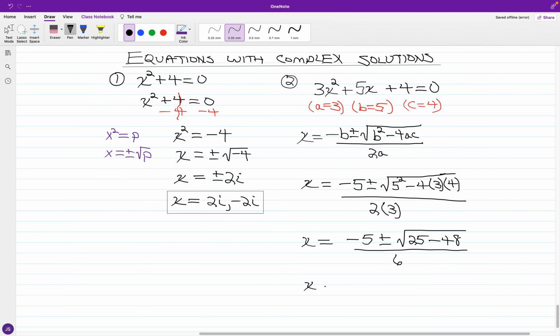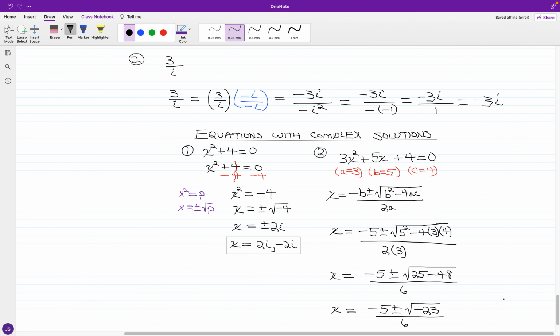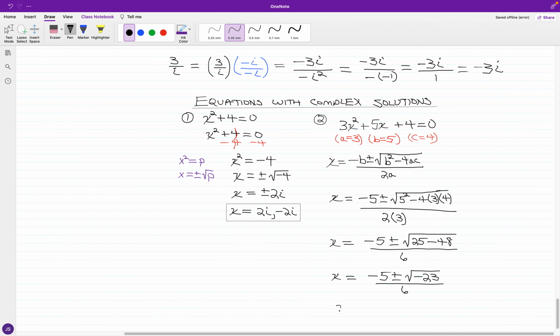And as we narrow it down, okay, so we have -5 plus or minus. Now 25 minus 48 is a -23. And we have all over 6. Notice we had the square root of -23. Okay, so we got a complex number with -23. And we'll put this in terms of the letter i. So we have -5 plus or minus the square root of 23 times i